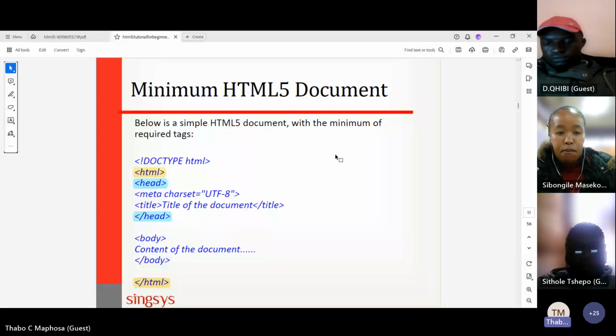So now we know that technically this is the structure of your HTML website. This is where we start when it comes to HTML.